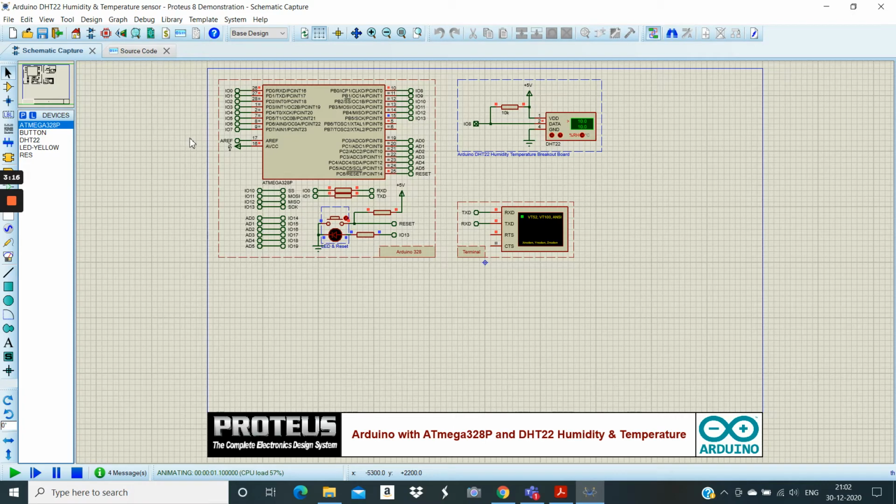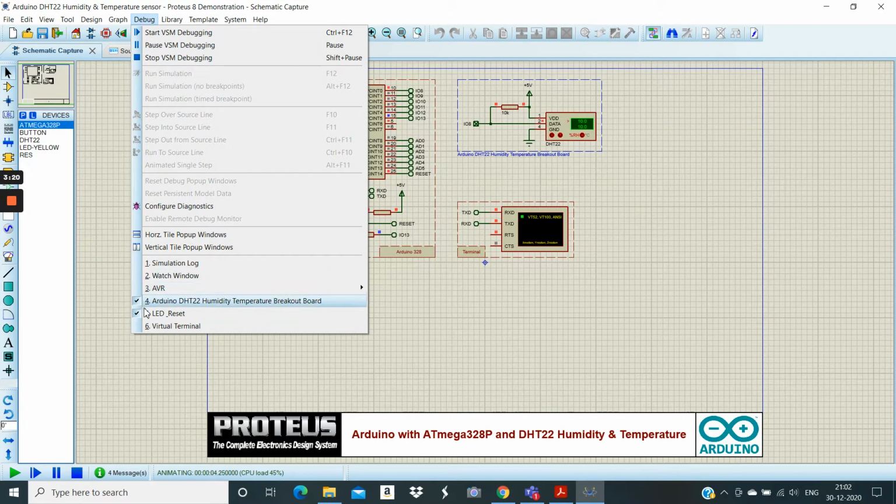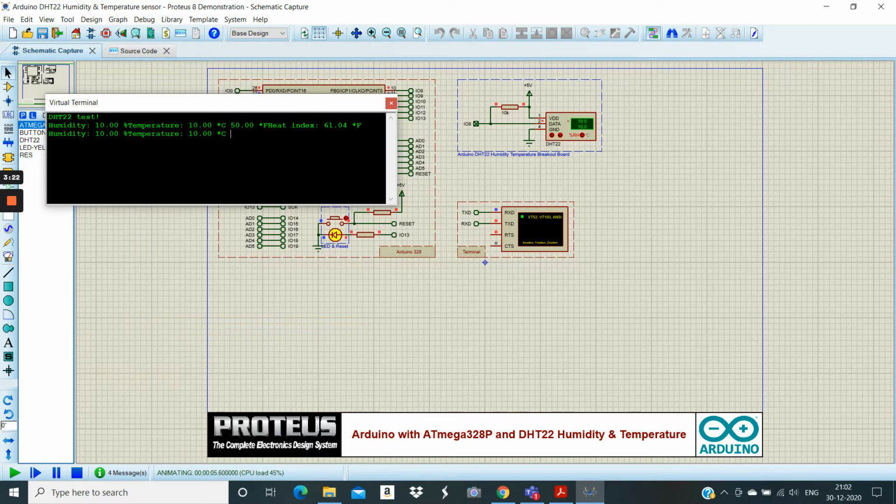I'll close the terminal, so we will have to reopen it. Let's go to virtual terminal and see here. The temperature is 10 degrees centigrade, humidity is 10, and we can see that the LED is blinking for about 1 second. So now let's move on to the next project.